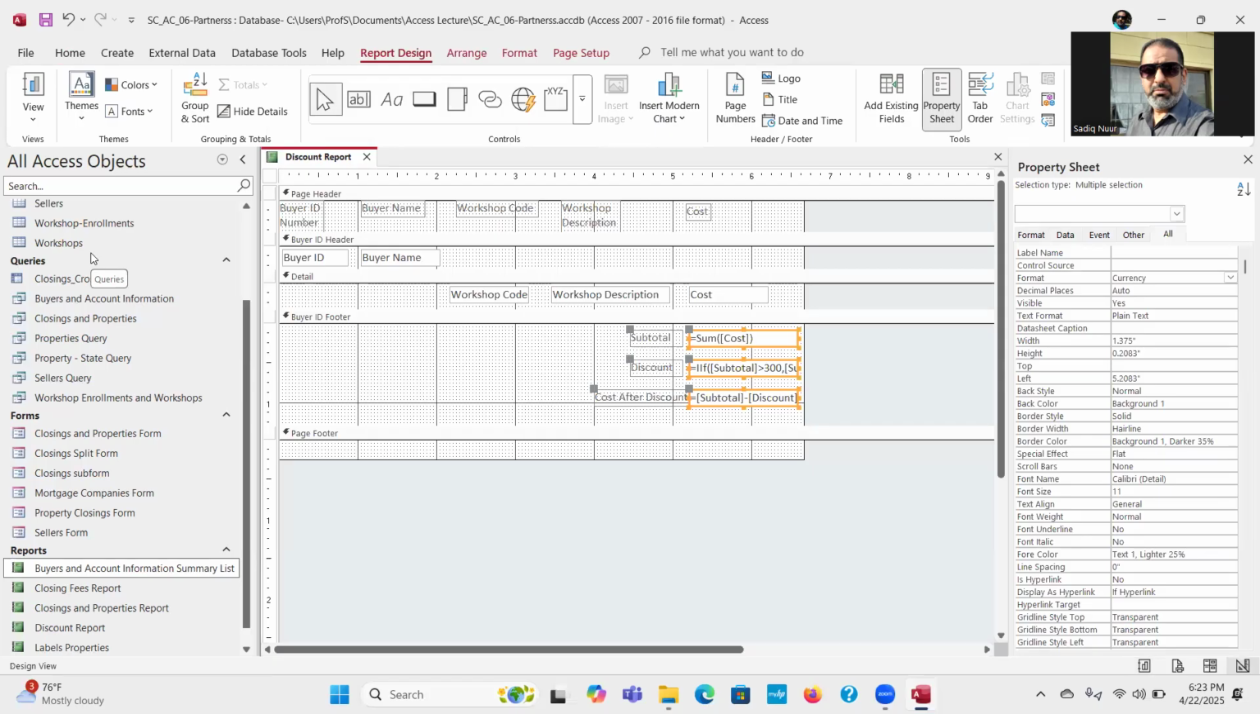All right. Report titles are typically placed in the report header. You can also place in the footer section one or more calculation fields that calculate the total for the control from the entire report. So in this assignment, we want the report to include a total for all the workshop costs. So what we need is we need to select